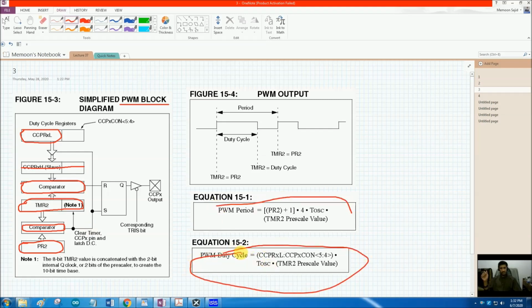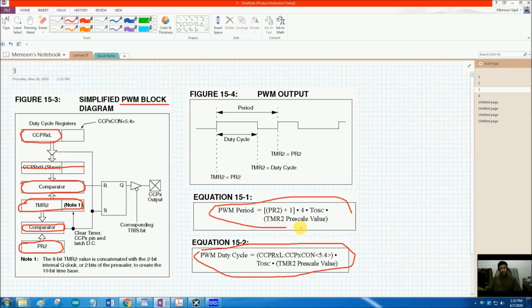But in this case, we have an option to set the duty cycle also using one register, using this equation, and we can also set the time period of the waveform using this equation. We can use the PR2 register as expected for the time period of the PWM, and we can use this CCP register, an additional register we now have at our disposal, to set the duty cycle of the waveform. Only a couple of things need to be understood for this.